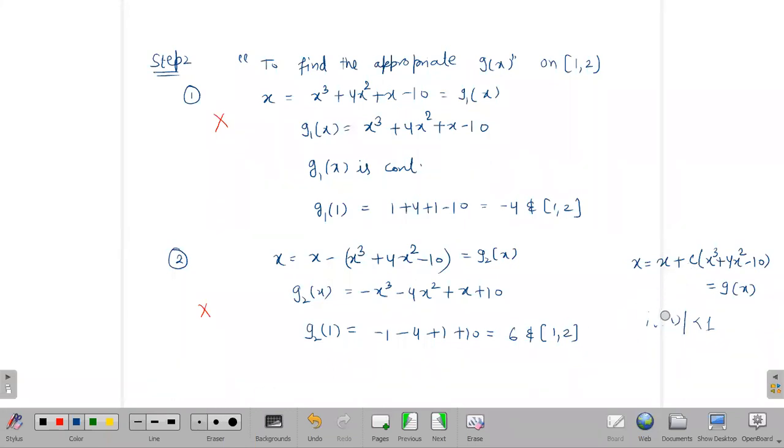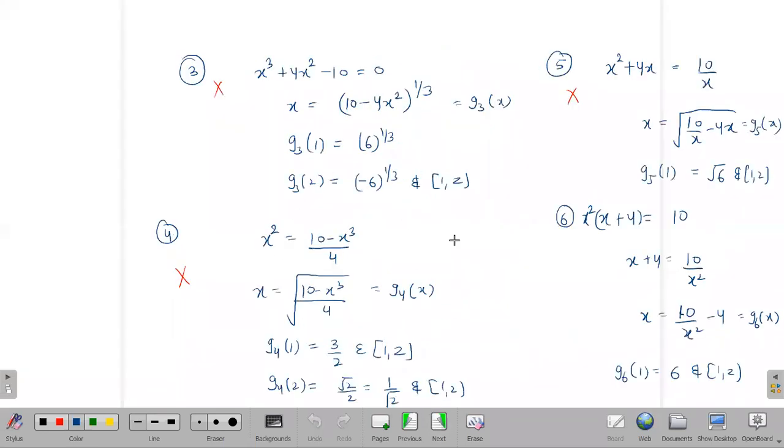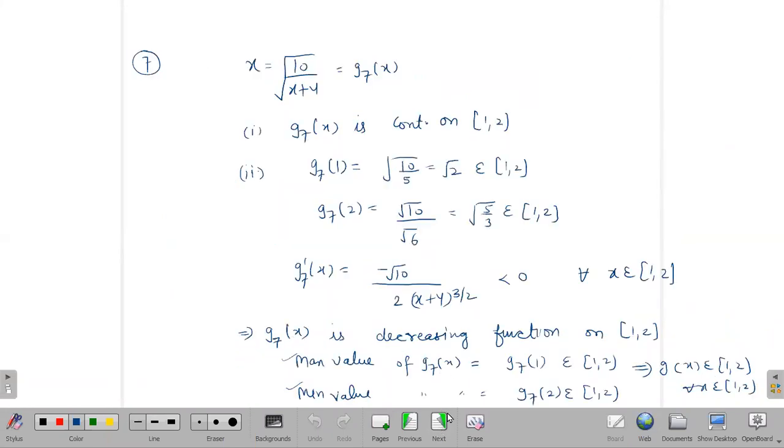Okay. So that is another question. You have to find the c value such that g of x satisfies those three conditions. So we are looking for the appropriate g of x. Then we will go to another question here. You can do that also. That is very time consuming, I think. This is also time consuming, no doubt. But if you practice, you will get the appropriate g of x in just 2 or 3 steps.